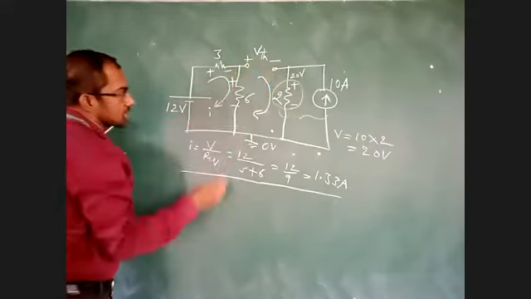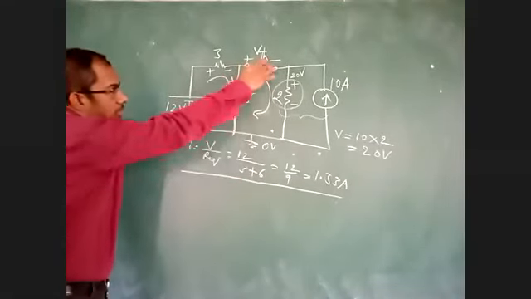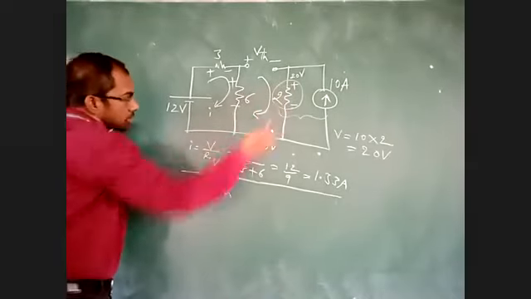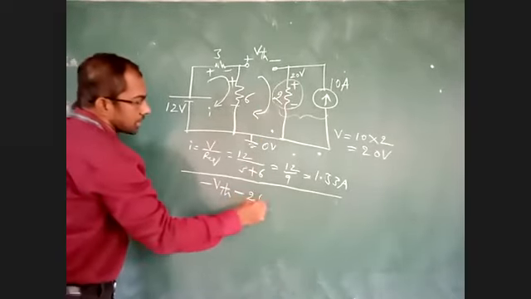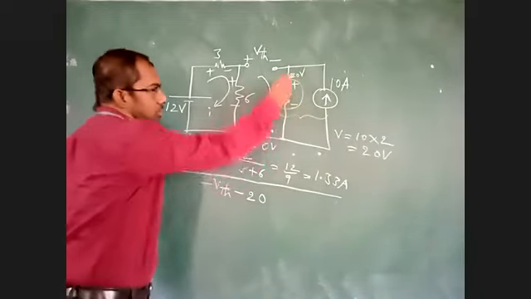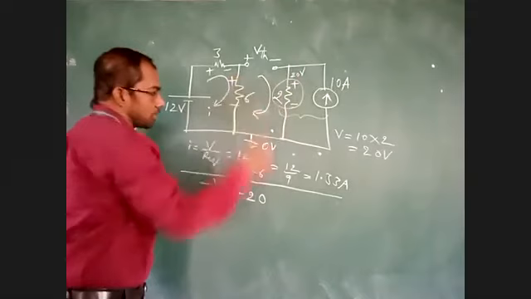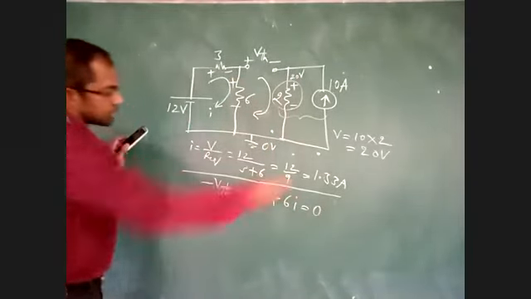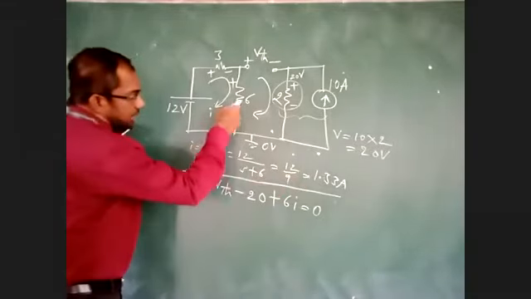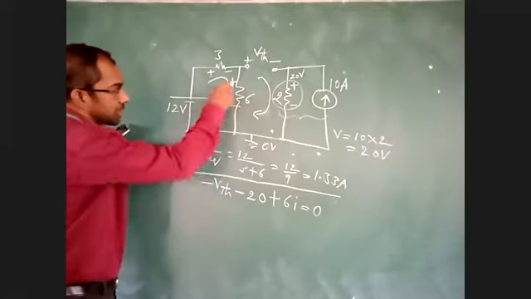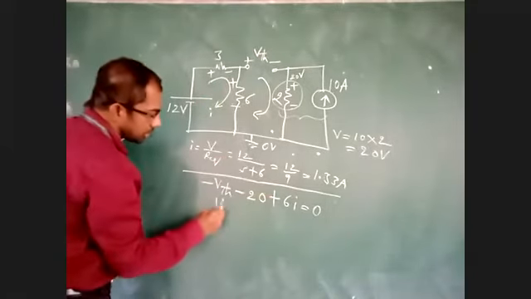Write the loop equation: plus minus, minus VTH in the direction of arrow. Plus minus, minus 20. Voltage here is 20 volts, because 10 into 2 is 20 volts. Minus to plus. From this you can find the I value. Current in this resistance is 6 into I. In this direction of arrow, I am taking plus and minus. Now determine VTH.